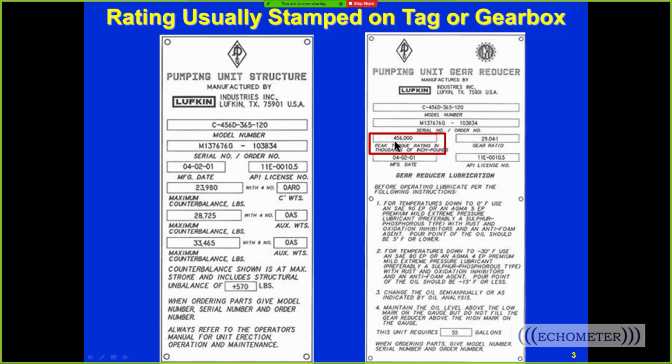well. And somewhere in there, here it shows the gearbox torque rating, and you don't want the net torque on the gearbox to exceed that value on the upstroke or the downstroke, or anywhere during the stroke. And so that's the gearbox rating, and it's also in thousands of inch-pounds right here. And that's typically on a tag. Sometimes the pumping gearbox will have letters, the gearbox rating in letters that you can actually see embossed on the gearbox. So sometimes you may not see a tag, but you'll still be able to see the rating on the